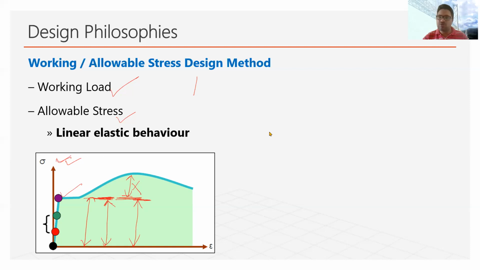So one average human can take, for example, 100 kg of weight. Say an average human being can carry this much load, maximum. If he carries beyond this, then his body or his bone may fracture. So then this 100 kg load we can consider as the yield stress or yield load of the person, or the maximum load this person can carry. So the maximum strength of this person can be considered as 100 kg.